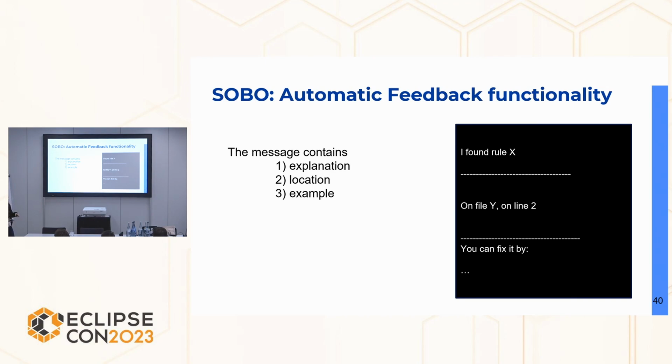And as an example, this is how you are not supposed to do it, and this is how you are supposed to do it. So they can actually look at the example and fix it. And the third part is extremely related with the rule selection, when I mentioned that it was actionable. So our idea is that they can see these three parts, and especially with the example, they can go directly to their code and fix it.